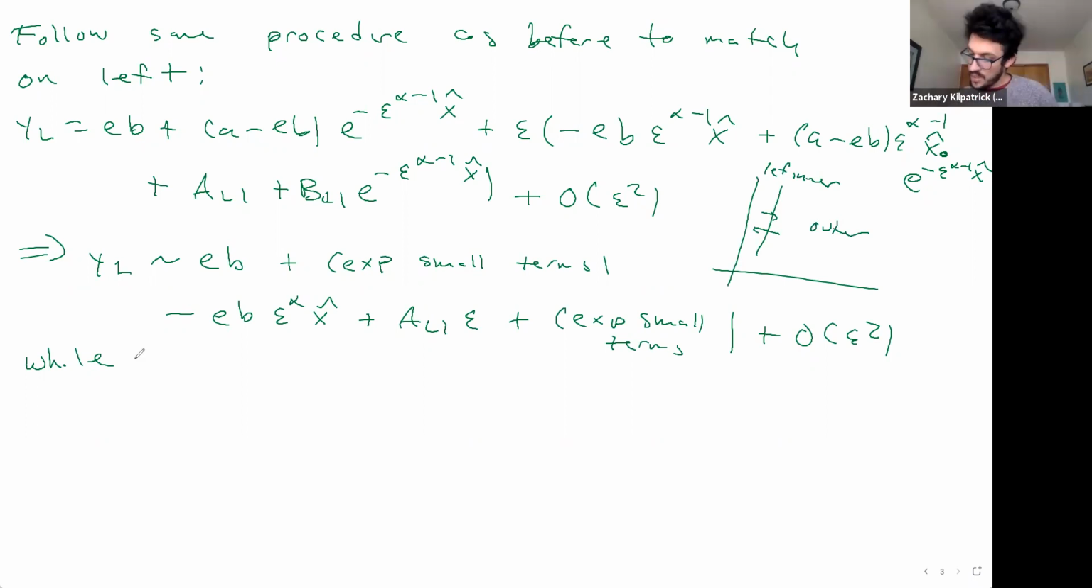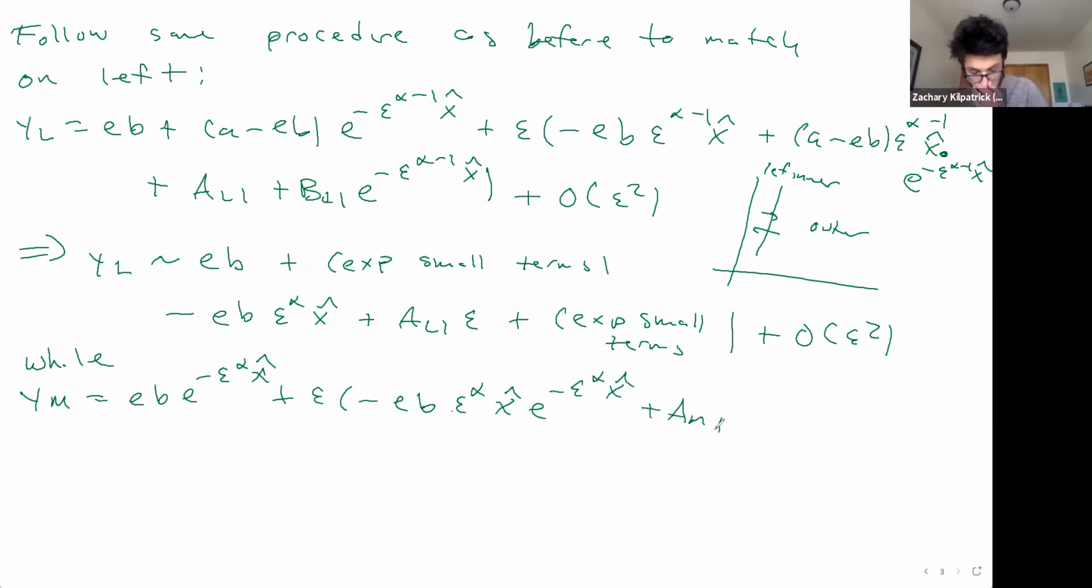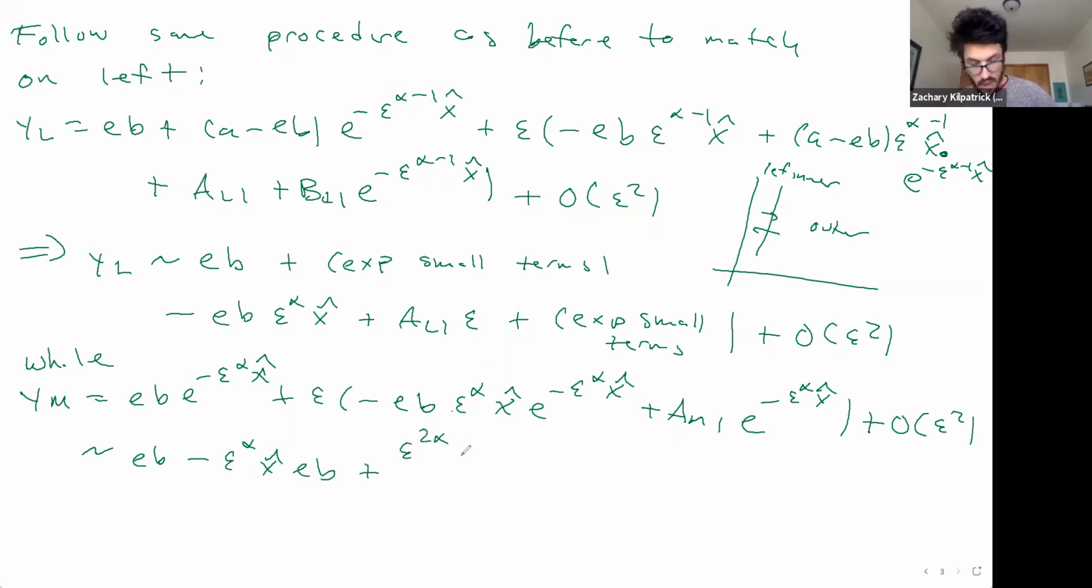And we need those to match up, okay? So in this case, y_m is going to equal EB e to the minus epsilon alpha x hat plus epsilon minus EB epsilon to the alpha x hat e to the minus epsilon to the alpha x hat plus a_m1 e to the minus epsilon to the alpha x hat plus order epsilon squared, which is asymptotically epsilon to the alpha x hat EB. We just expand that exponential,